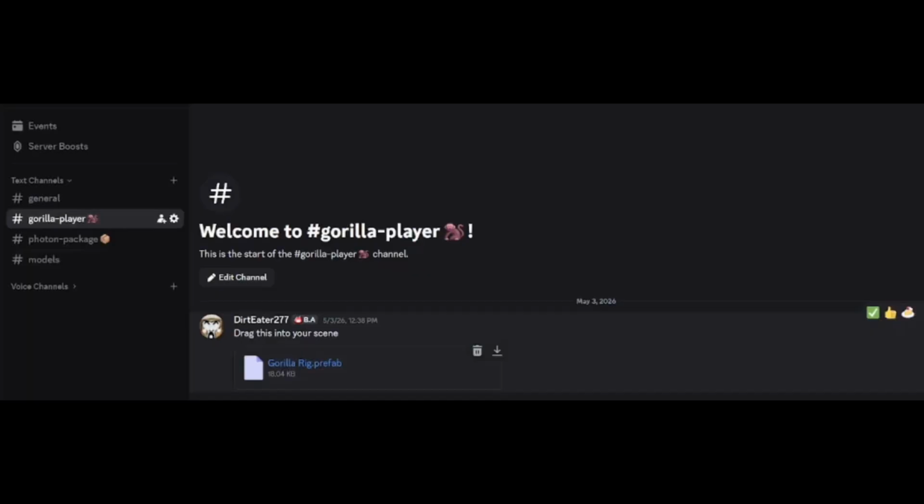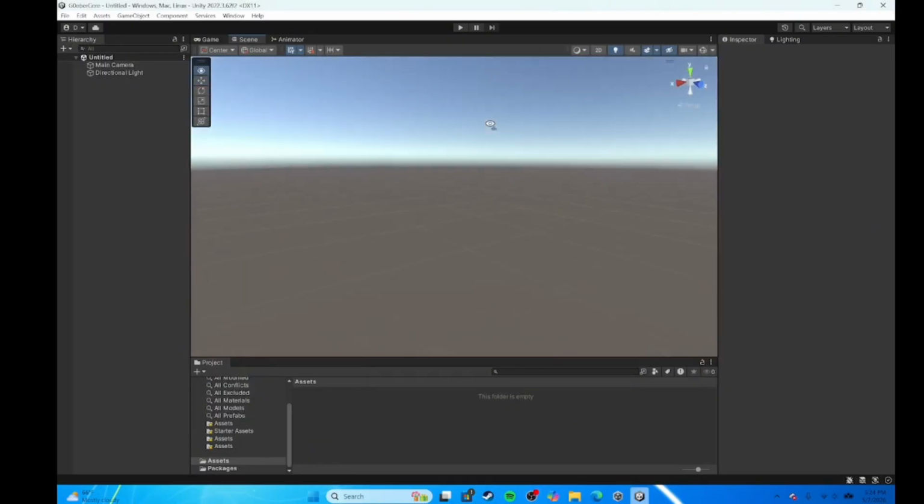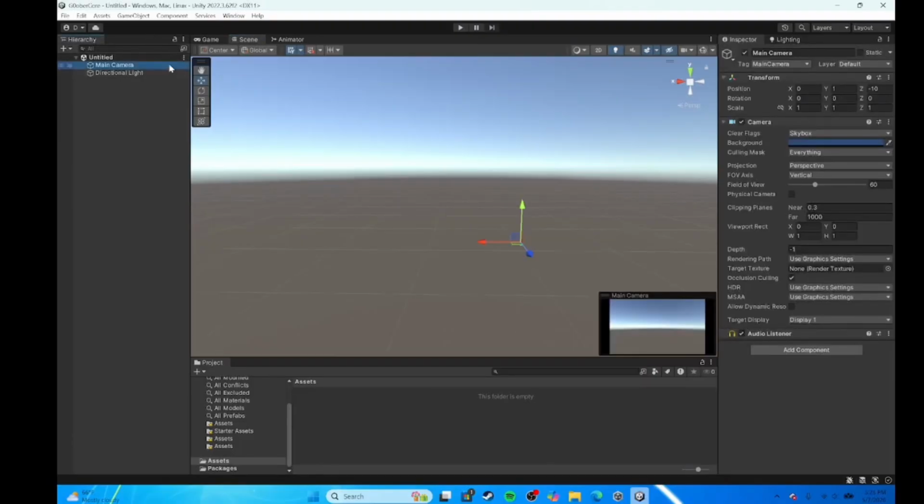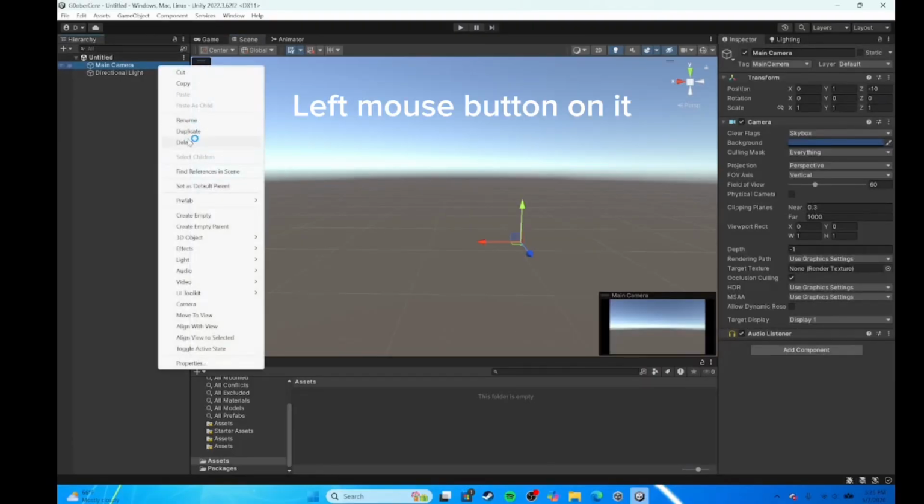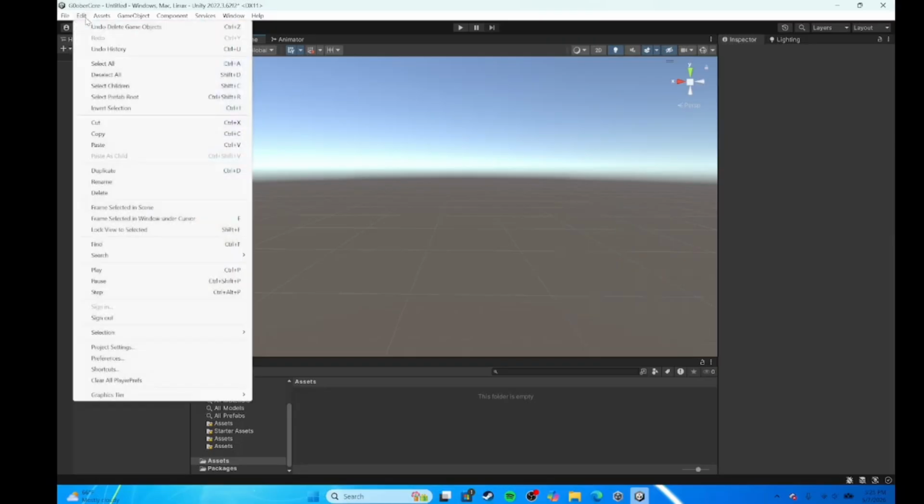And once you download it, you wanna download that. And don't import it yet. I'll show you how to import it later. But the first thing you wanna do is delete this. Delete main camera. And then, after you delete main camera, go to edit,